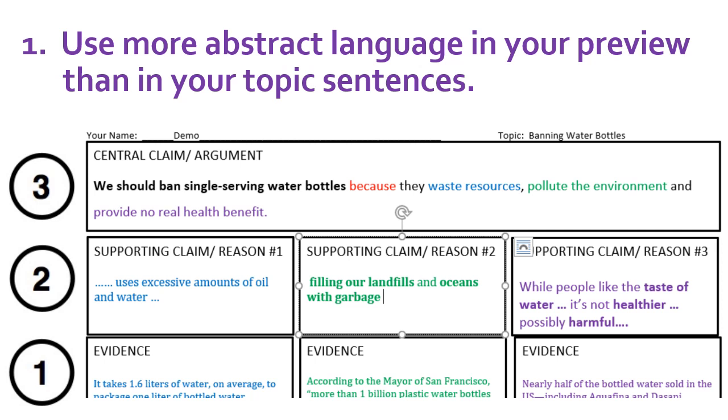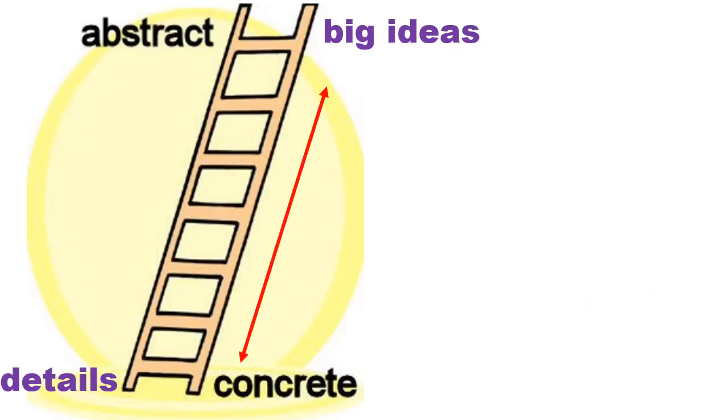Our language goes from specific, detailed, or concrete to more abstract and more related to concepts and big ideas. This is called the ladder of abstraction, and it's a way of showing how we can go from very specific or concrete details to very big ideas. Sometimes we use abstract words or abstract nouns to talk about those big ideas.